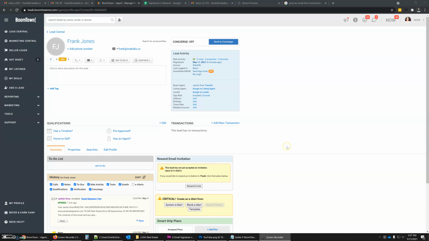Okay, how to install an HTML email signature in the BoomTown CRM. It's pretty easy, and it works great, which is excellent. This is the next CRM to add to my list that can properly process HTML code. So, without further ado, once you are logged into BoomTown, head on up into the upper right and click on